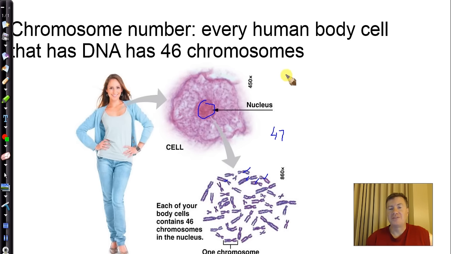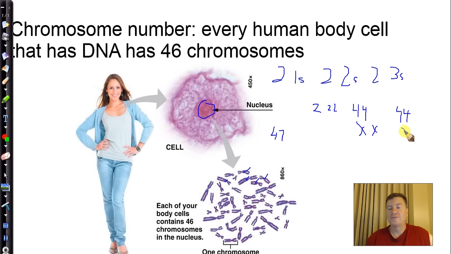We number them based on size, and there's two chromosome number ones, two chromosome number twos, two chromosome number threes, etc. So we go all the way to two chromosome 22s, and that gives us 44 chromosomes. Then if you are a female, you have an X and an X. If you're a male, you have 44 chromosomes and an X and a Y,